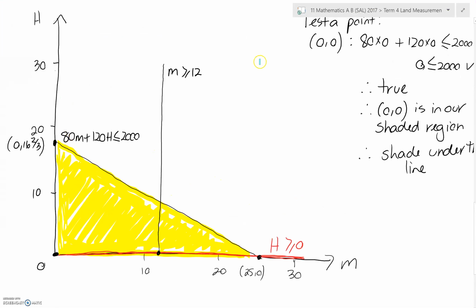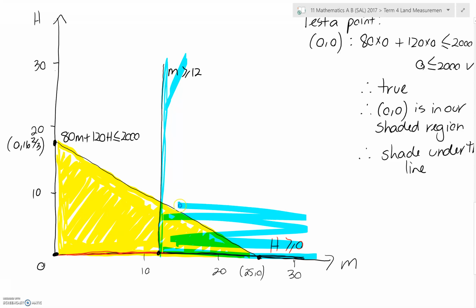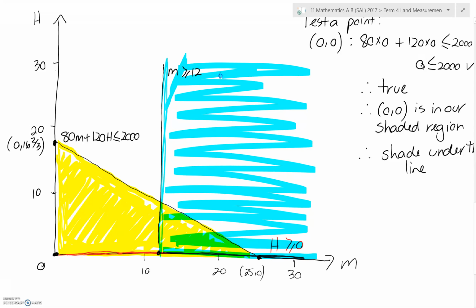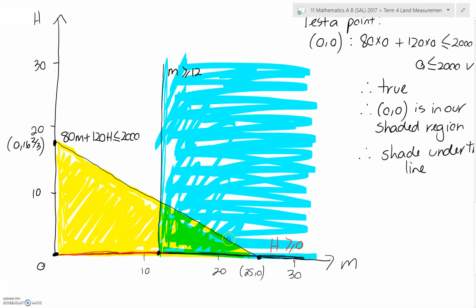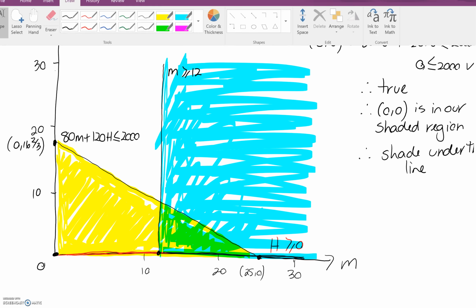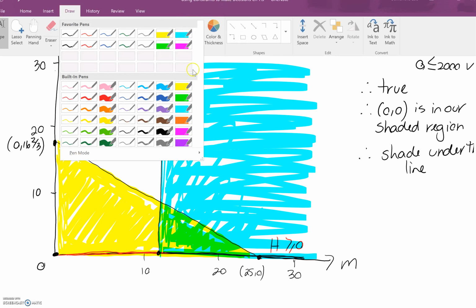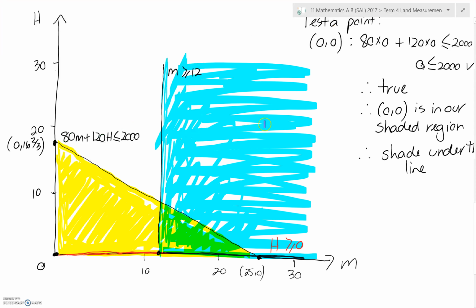So let's do the shading that relates to them. So m is greater than or equal to 12, then obviously it has to be above this line. It has to be above where m is 12. So the shading for this one is going to be all of this. So you can see we're already starting to get an overlap where we've got two inequations that are true. So the region that we're after is where all of our things are true. And we also need to shade, and let's try and find another color. Maybe we'll find this pinky one,